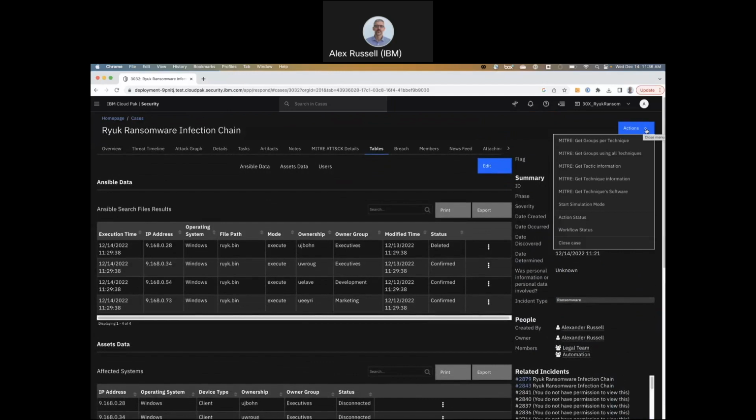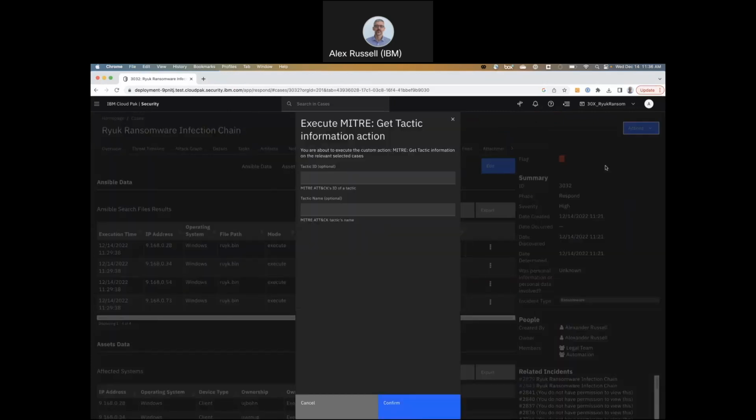At any time, you can click Add Task to add a task manually. You can also add a task contextually from other places. If we hadn't identified the ransomware variant earlier, we would retrieve the MITRE attack details for this malware now. For example, by clicking Actions, MITRE Get Tactic Information, typing Tactic ID T1486, and tactic name, which is optional, Impact,